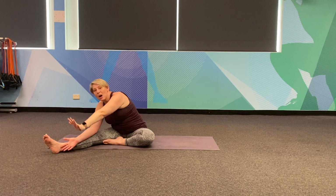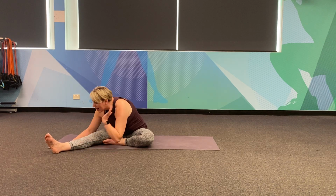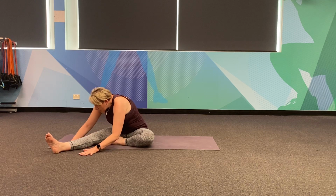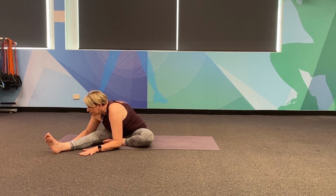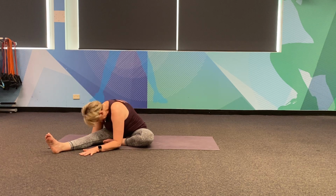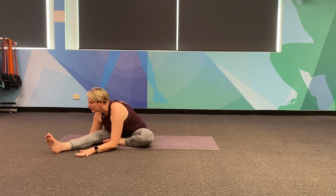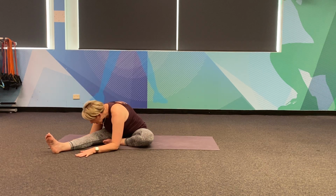Okay, let's come into our half fold. So just relax, dropping the shoulders. Remember to create length through your spine. So as you breathe out, just push your head forward, looking to your toes rather than looking down. We don't want to create tension in the top of the neck and shoulders. And then just coming up,